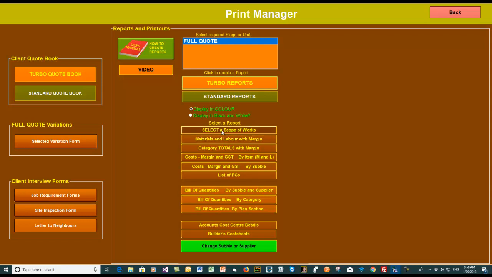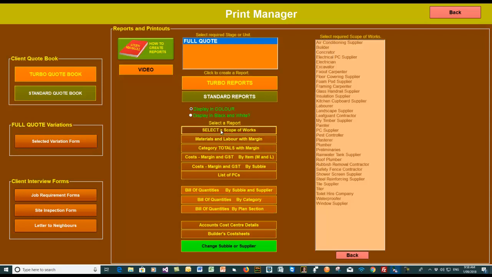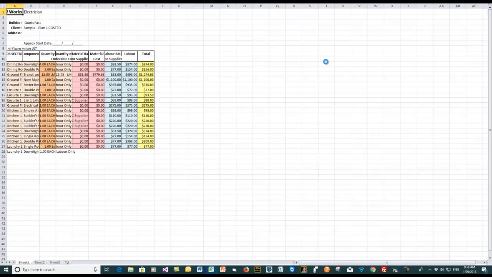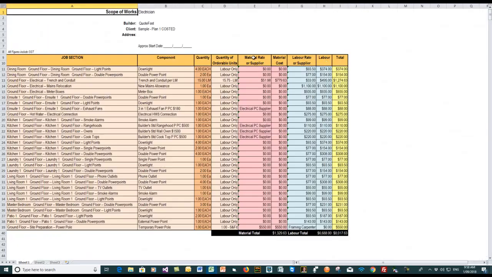Okay, so if I want a scope of works, I simply click on select a scope of works, choose the subbie that we want, so let's say it's an electrician, and then the program will start to produce a scope of works for the electrician. As you can see, the electrician's up the top. And again, being color coded, it's easy to see the pink for the materials and blue for labor and yellow for the totals. So it goes through each item in the job section or the category, and then the component,